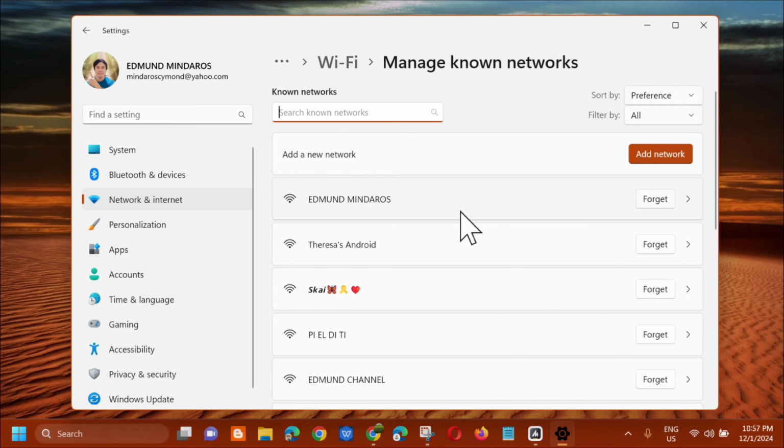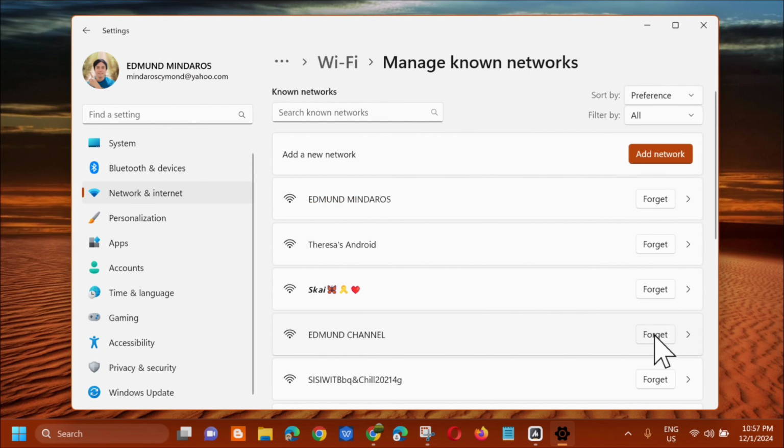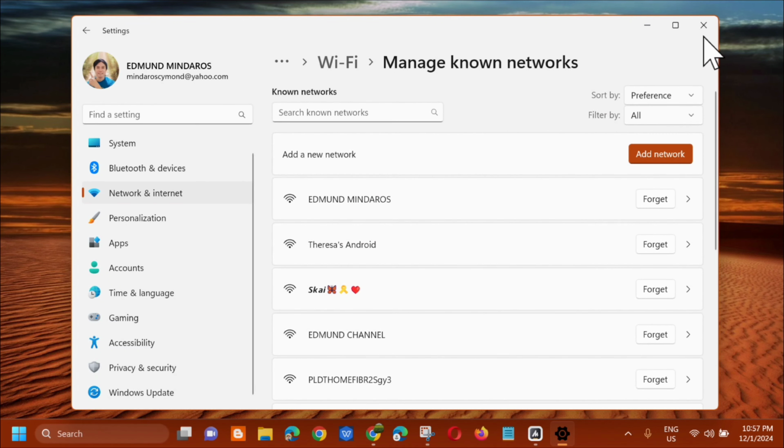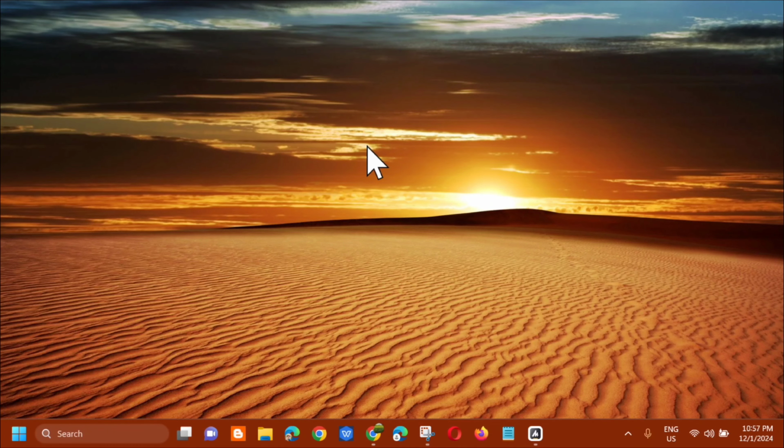And then dito ay kailangan lang natin i-remove yung mga connections dito para ma-fix yung error. Okay, so for example, isa sa mga connection dito. So dito lang sa right side ay kailangan mo lang i-click dito yung forget. Ayan. Okay, so click mo lang yung forget. Alright, so once na-remove mo na siya,